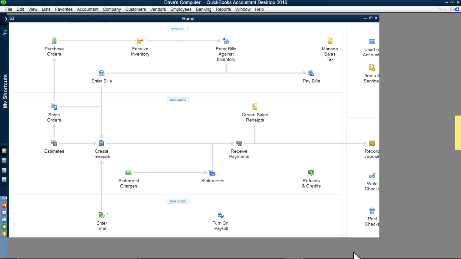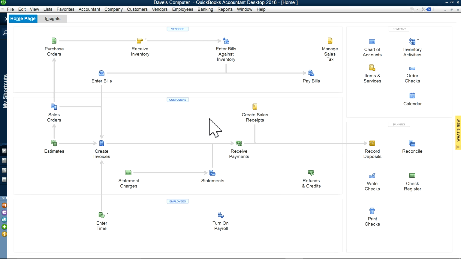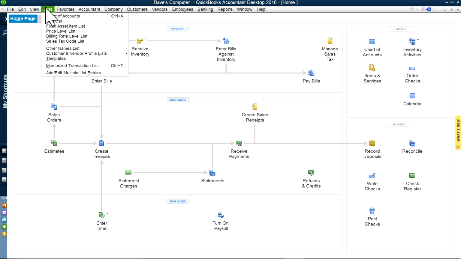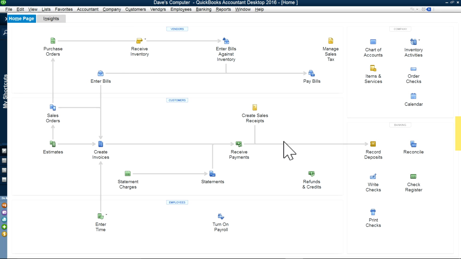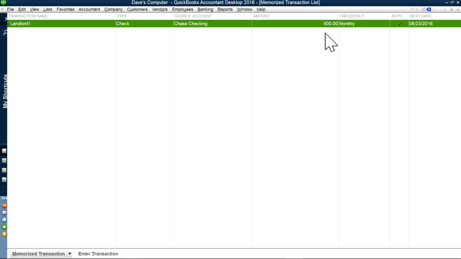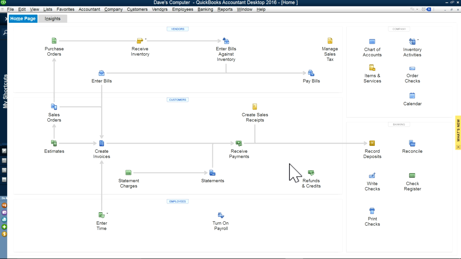Let's save this one, and so now if you want to see that memorized list, you go in here, memorized transaction list. See right here, $500 a month. It automatically posts the transaction in QuickBooks, right? It's not a check, but it will automatically create the transaction in here. Okay, so now, if you just want to write a check,